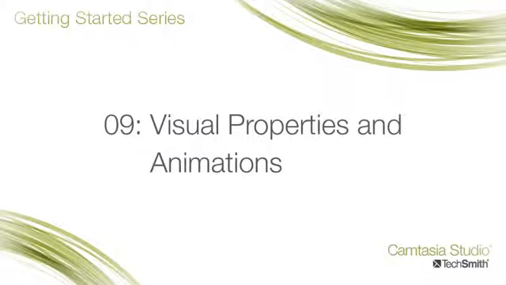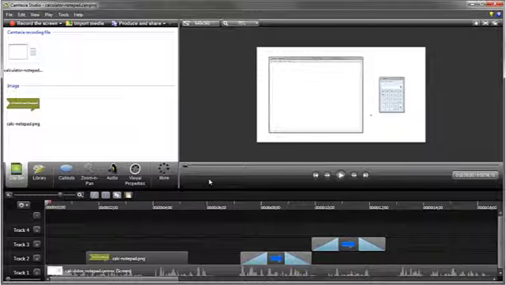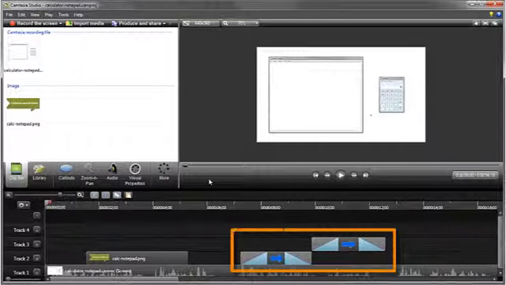If you watched the Smart Focus and Zoom and Pan tutorial, you've already seen how Visual Properties can scale the video to zoom in on a specific area. This tutorial explores the visual properties a little more and helps you use your own creativity to make your videos more engaging. In the previous video of this Getting Started series, we looked at adding callouts to help direct viewers'